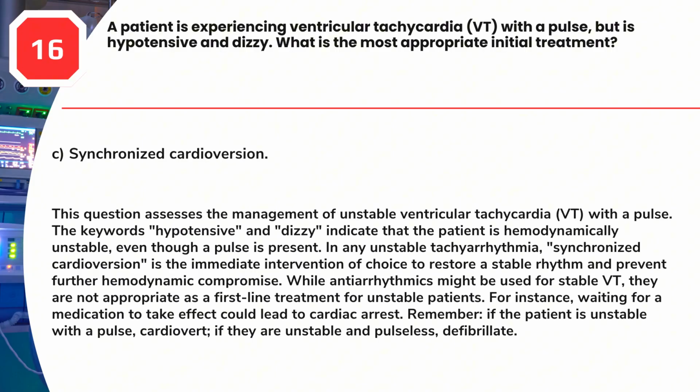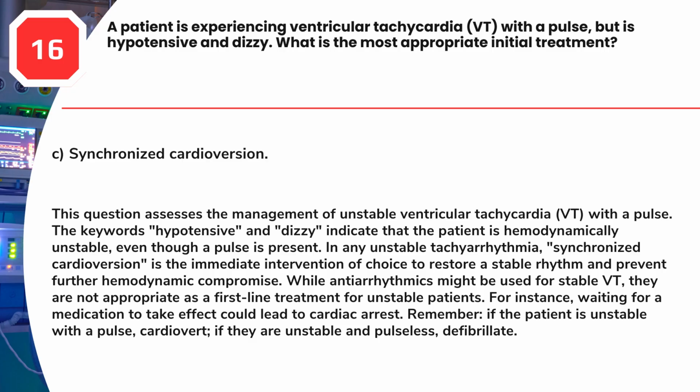Answer, C. Synchronized cardioversion. This question assesses the management of unstable ventricular tachycardia, VT, with a pulse. The keywords hypotensive and dizzy indicate that the patient is hemodynamically unstable, even though a pulse is present. In any unstable tachyarrhythmia, synchronized cardioversion is the immediate intervention of choice to restore a stable rhythm and prevent further